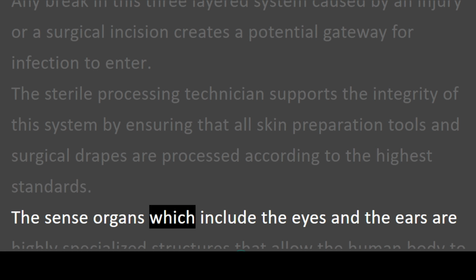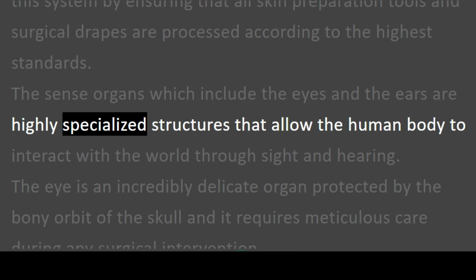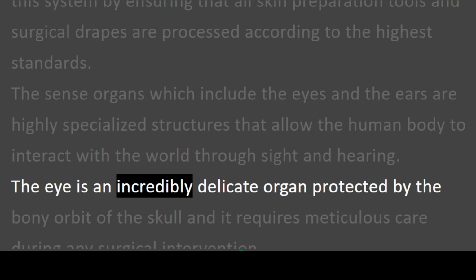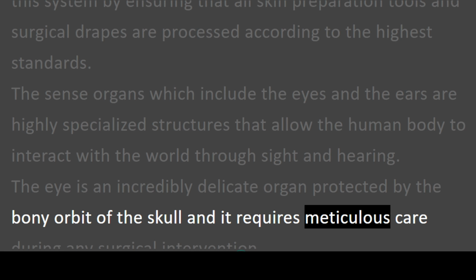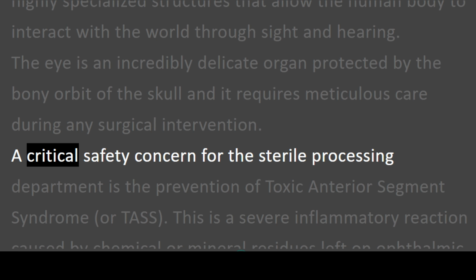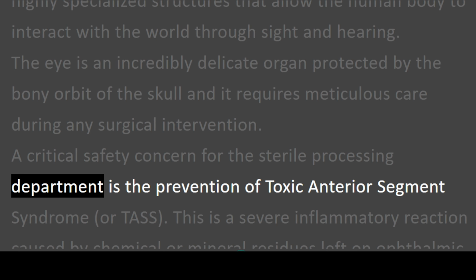The sense organs, which include the eyes and the ears, are highly specialized structures that allow the human body to interact with the world through sight and hearing. The eye is an incredibly delicate organ protected by the bony orbit of the skull, and it requires meticulous care during any surgical intervention. A critical safety concern for the sterile processing department is the prevention of toxic anterior segment